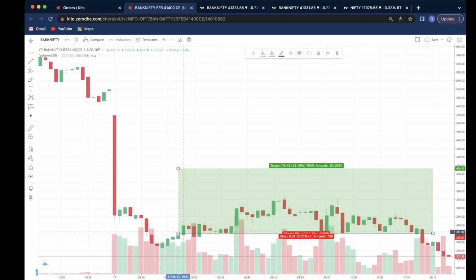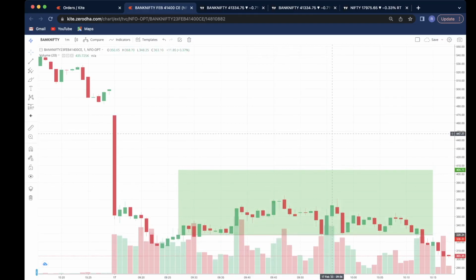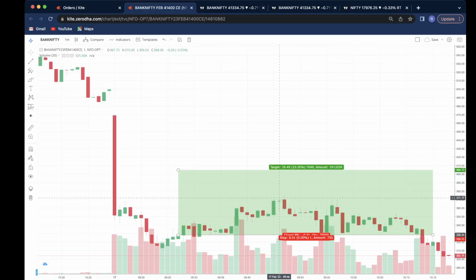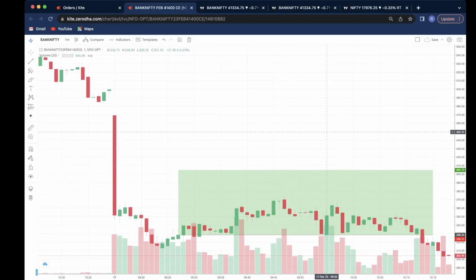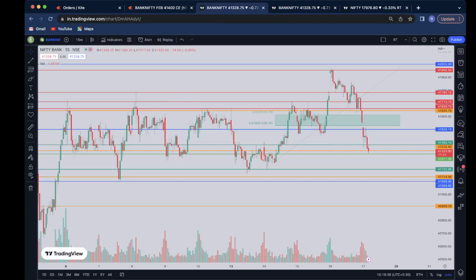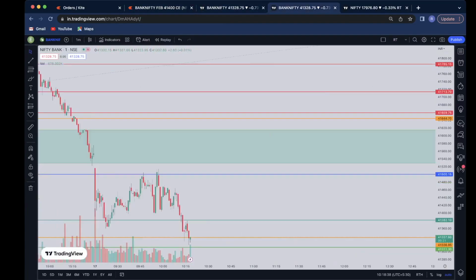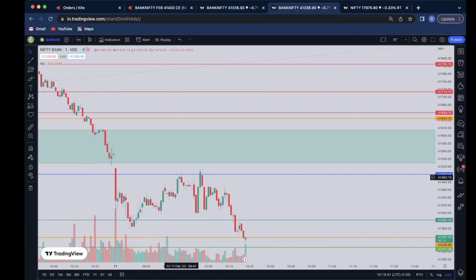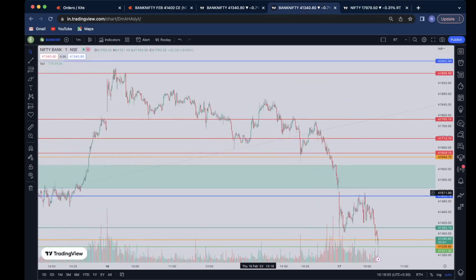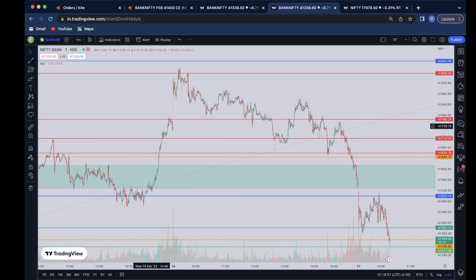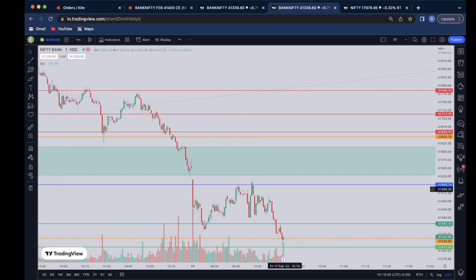Now usually I don't have any stop loss here. I'd be booking profits. I was expecting that the market would go up to around the 400 level. We should wait, but still, let's see the market behavior. The market was taking a good resistance here. It took this candle, this wick. This basically doesn't feel good to me. On top of that, the market is already around the 41,500 level. That also acts as the neckline for this head and shoulder pattern, so the market can reverse from here.